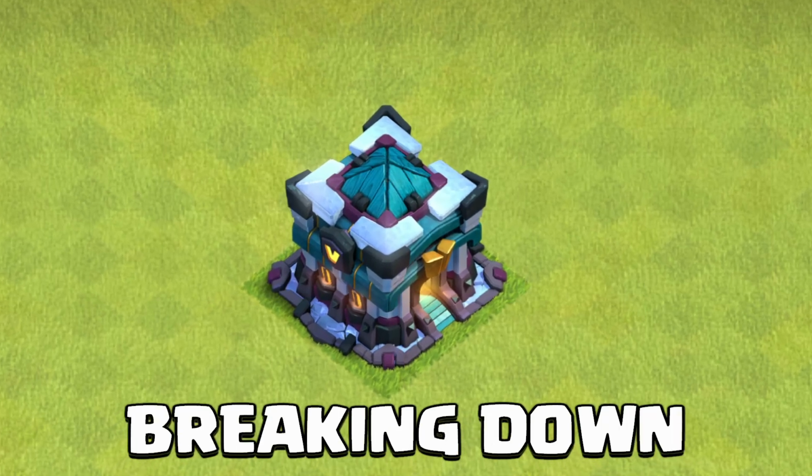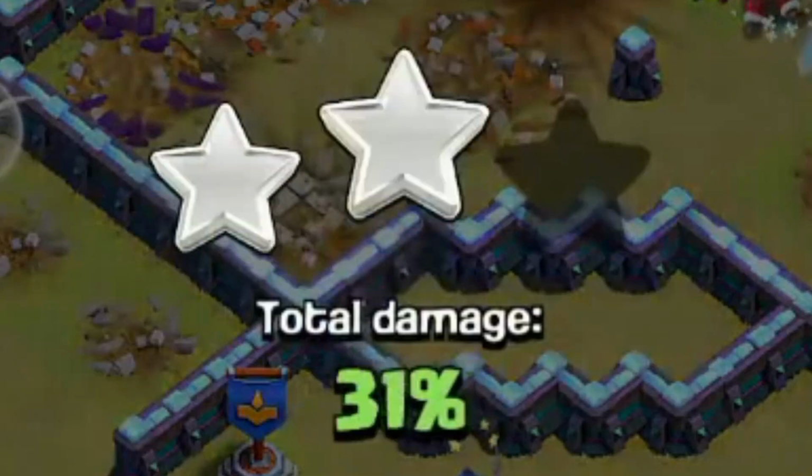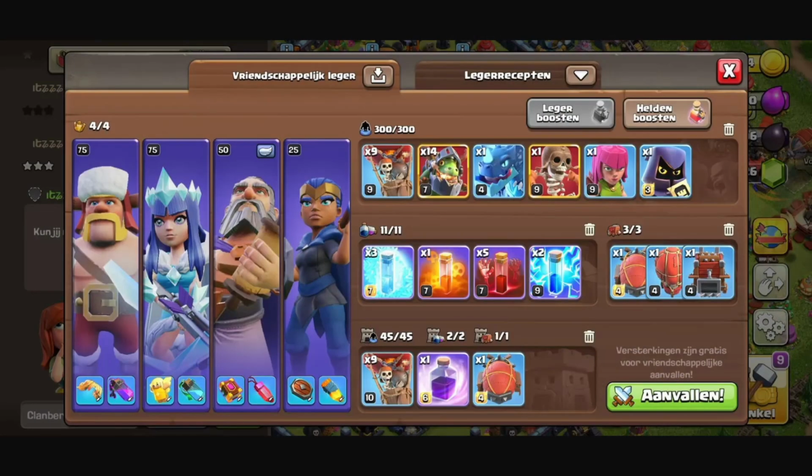Today I'm going to be breaking down how you can use Inferno Dragons here at Townhall 13 to 3-star any base. So here is the army composition that we are going to be taking a look at today, and as you can see, it's pretty simple. We're going to be coming in very heavy on the Inferno Dragons. We have those skeleton spells to help tank for them. We're going to have balloons coming in the blimp, which of course is going to be used to snipe off